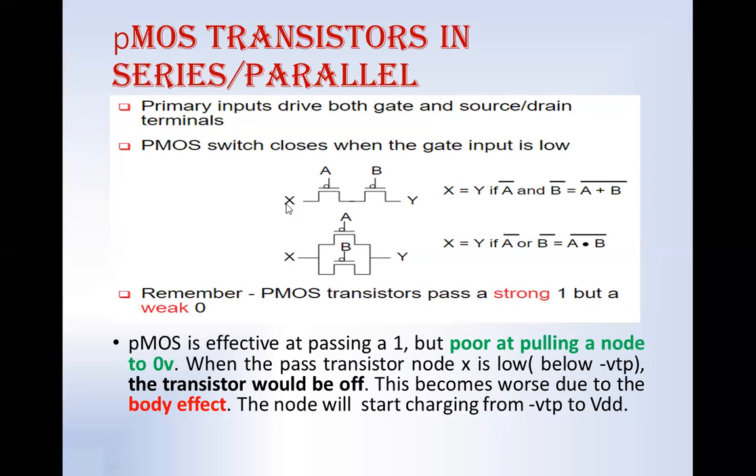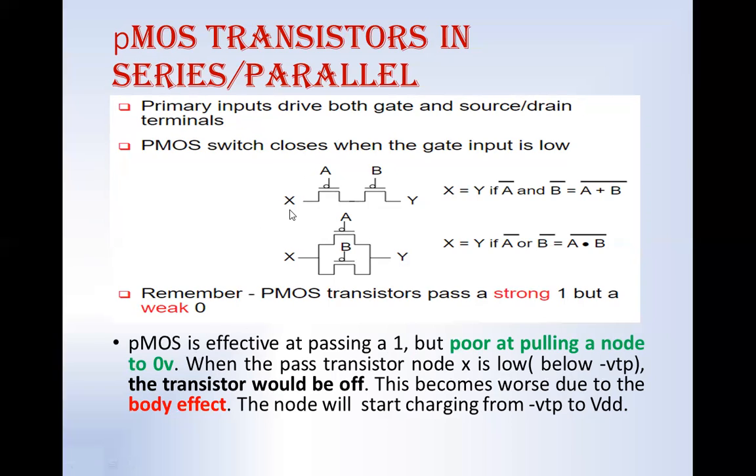so the X value 0 cannot be transferred. But if it is 1 on X with logic 0 on A, then that makes the VGS value minus 1, that is VTP. By that time the transistor will be in the on state, so that voltage 1 will be transferred at the output. So when I try to apply 0 on X and transfer it, the transistor is not in the on state, so it cannot transfer that value to the output. It can transfer only from the VT value onwards.